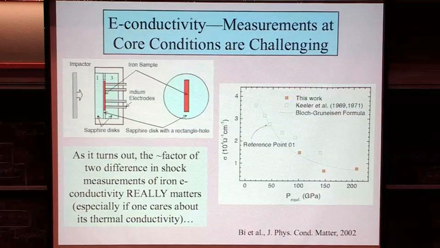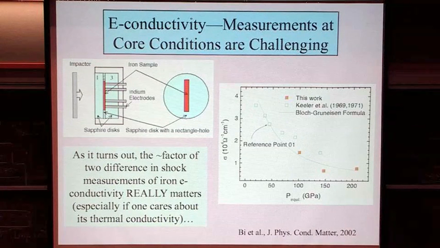But the work that has been most widely invoked for electrical conductivity of the iron alloys at high pressure is shock data, where essentially you hit a sample with conductivity probes on it with a bullet, a flat bullet, and measure the conductivity as the shock wave propagates through the sample. There's been two primary data sets to date on this, one of which is now a decade old, the tan triangles here by B et al., and earlier work from Livermore by Keeler et al.